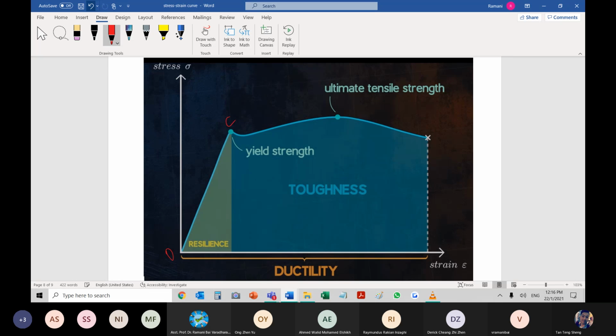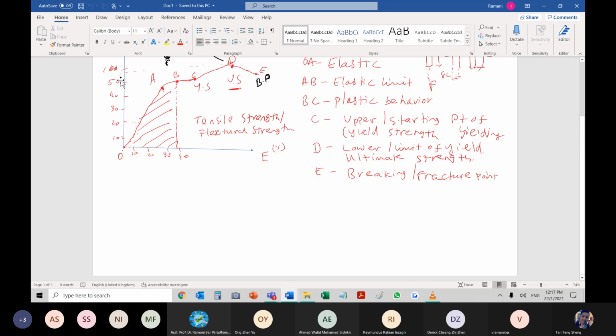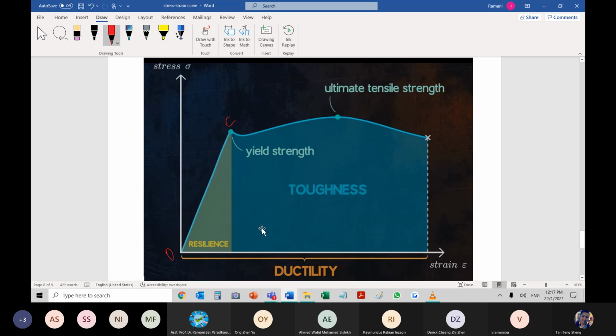Until C it is bearable, never started any kind of crack or deformation, because it is still like this. Deformation in this region is very gradual, or in proportion. As long as the loading is increased, the deformation is gradual, right? At one point, according to my drawing, the load is almost constant, so it is not that significant to show that yielding really started. So until this point is called the elastic limit or elastoplastic limit.